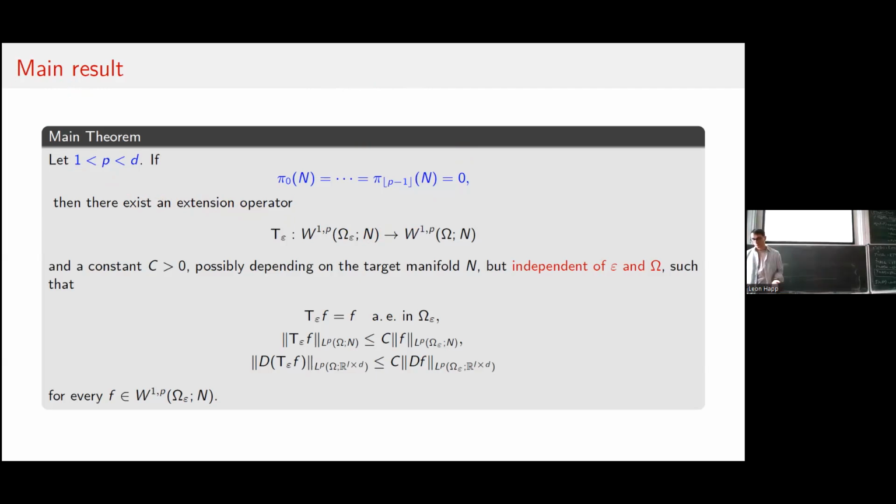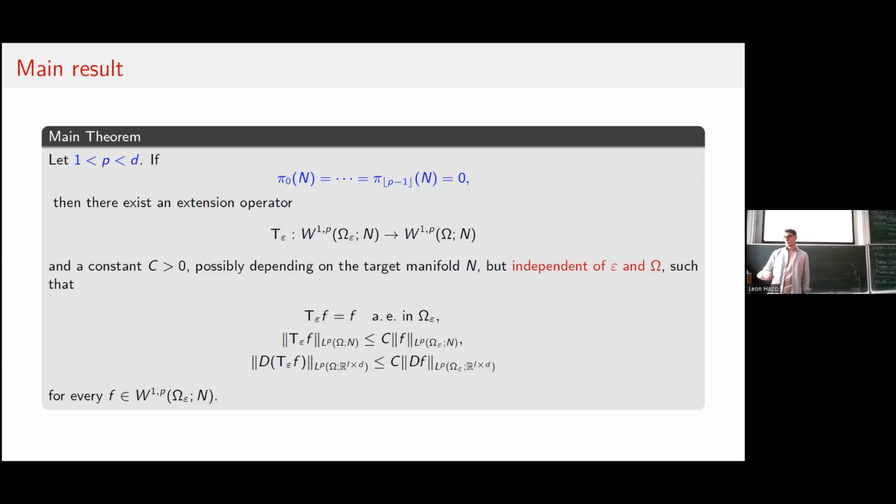To remind you, the first fundamental group just consists of the homotopy classes of all loops mapping from your unit circle into your target manifold. And the higher fundamental groups are just the higher dimensional analogs of this. You can think of in general the L-th homotopy group as the homotopy classes of functions mapping from the unit cube in dimension L into your target manifold, where the boundary of your unit cube is identified with one single point.